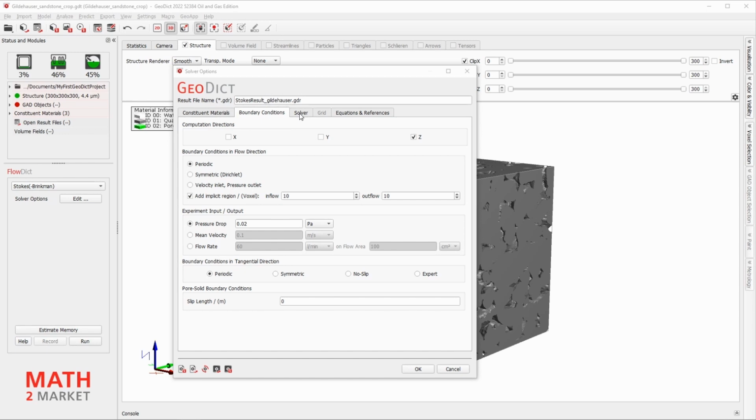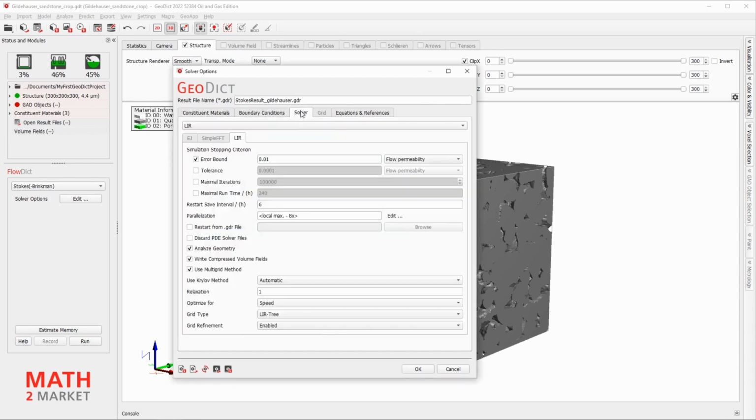Please choose Solver from the Solver tab, where you choose the LIR solver. As a stopping criterion, please choose an error bound of 0.01.